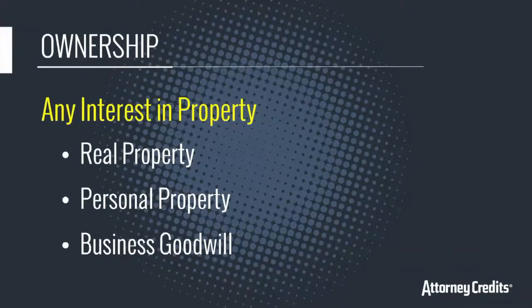So let's move on. What's the first element? Ownership. So that's very broad. It's any interest in property at all. It doesn't particularly matter if you just have a leasehold interest or you're owners in common or in joint, whatever. The rule is if you have any interest in property, you could have a claim for inverse condemnation. If you don't have an interest, of course, if all the elements aren't met, it doesn't matter. You need to have an interest in private property.